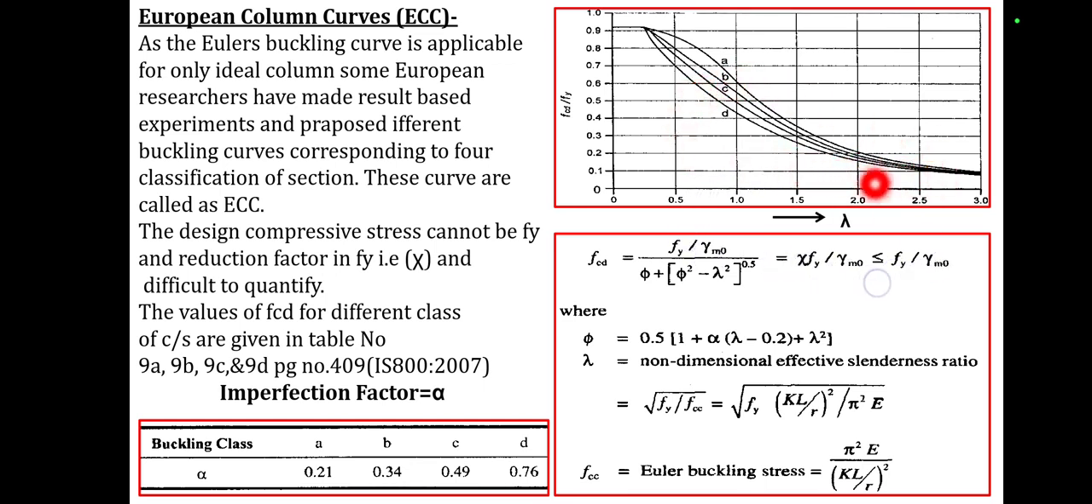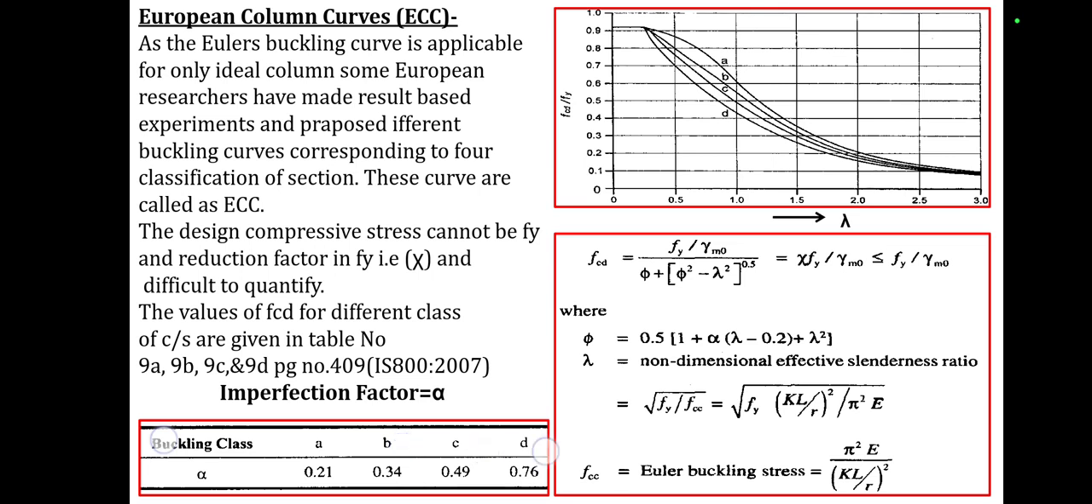These are the ECC curves. The design compressive stress cannot be Fy, and the reduction factor in Fy, that is capital X, is difficult to quantify. The value of FCD for different classes of cross section is given in Tables 9A, 9B, 9C and 9D of page number of IS 800:2007, and the imperfection factor alpha depends upon the buckling classification of the section, that is A,